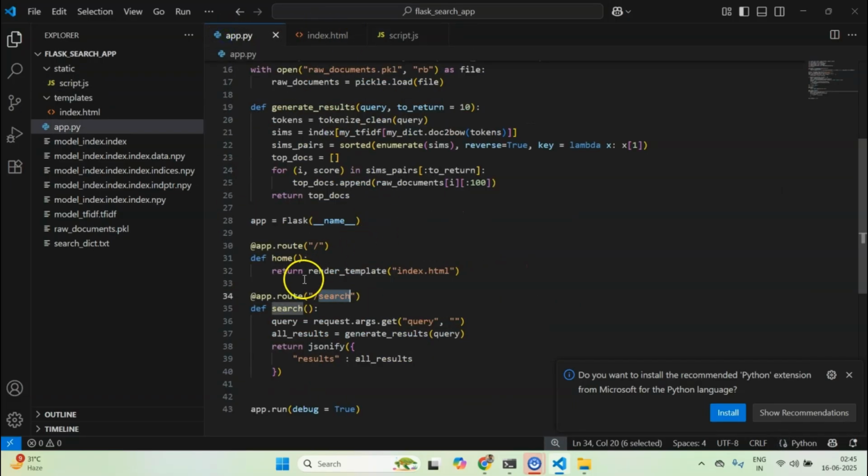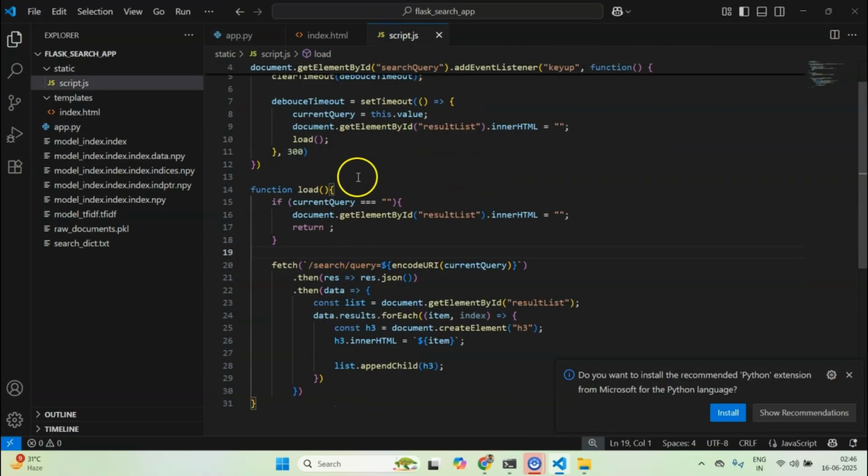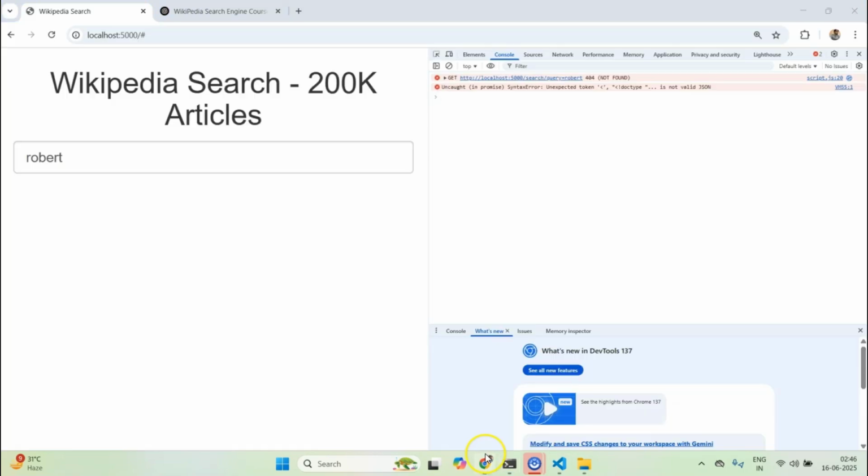Search, one second. Okay, spelling is correct. So why is it not being called? Search. Okay, I think this encodeURI should have been encodeURIComponent, I guess, but I don't think that explains the error that we were getting.